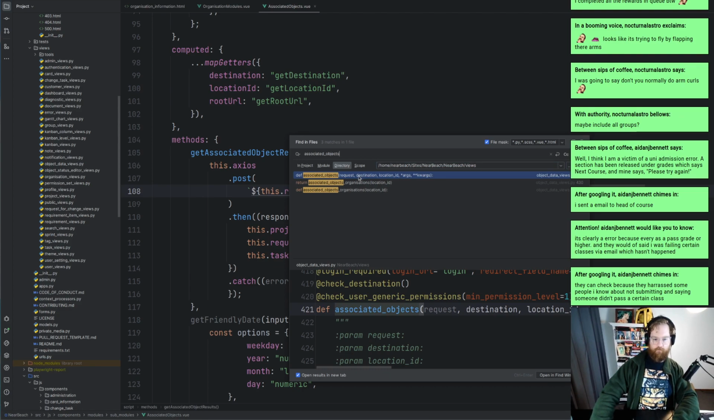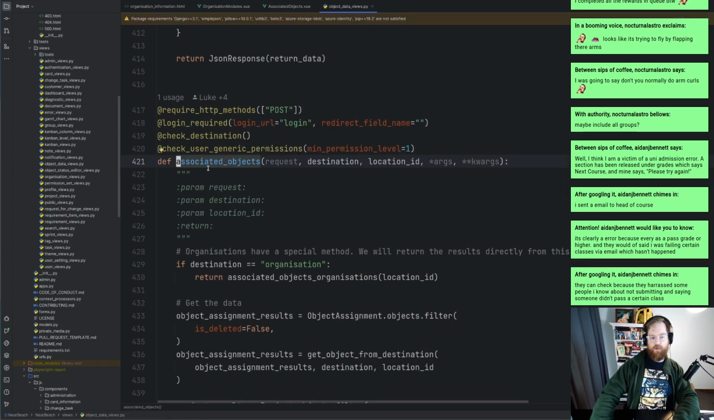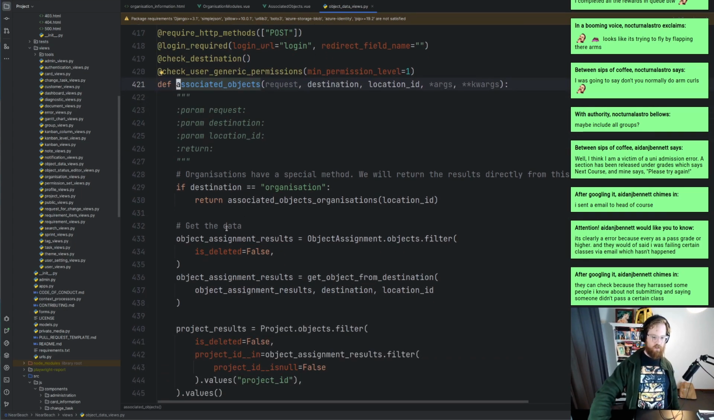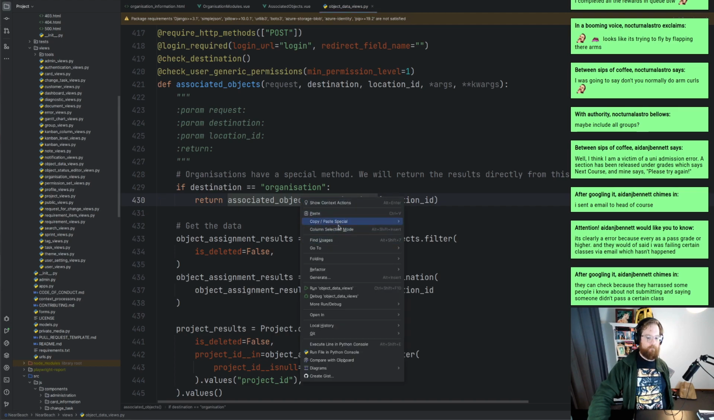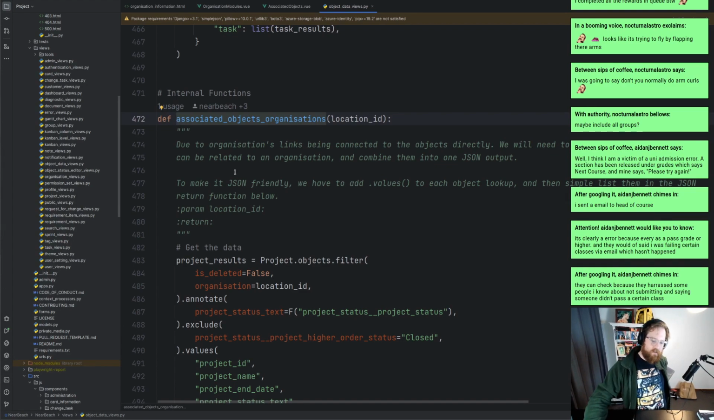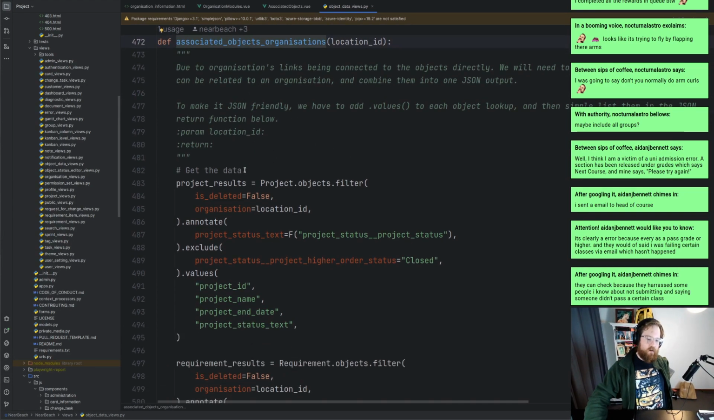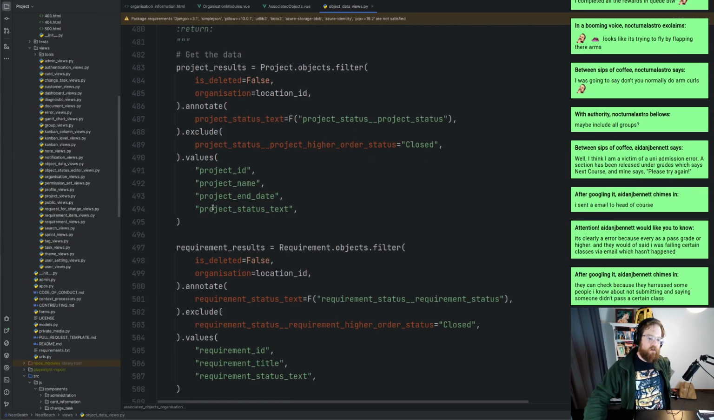And here we are. So this is associated objects. If destination is organization, associated objects organization. All right, that's going to return that. So if we actually go to that implementation, it goes through here. This is an internal function. We'll actually have a very similar one. All right, project results. This one uses projects, objects, annotate, exclude